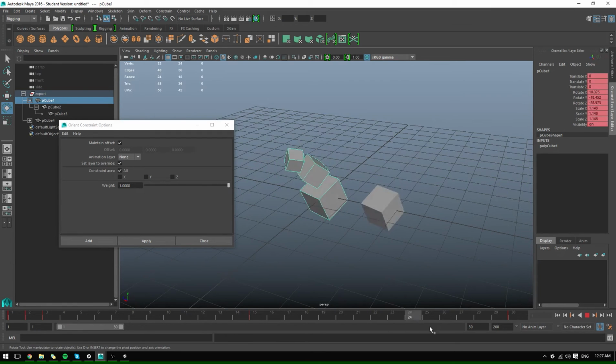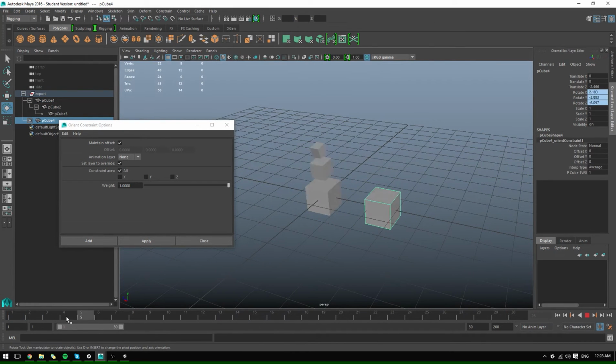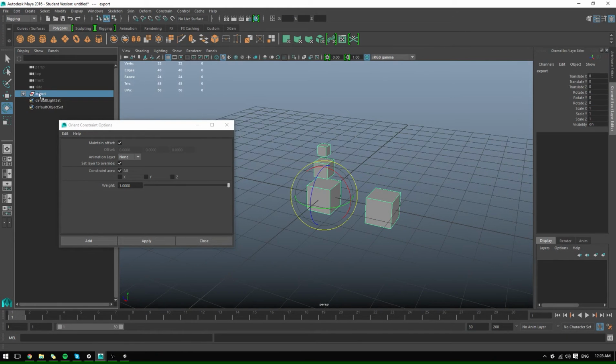Now in the past, in previous versions of Maya and Unity, constraints do not follow over, and you actually have to bake this animation before you send it in, because this cube doesn't have keyframes on it. The only animation it has is thanks to the constraint between these two objects. I don't think this is a problem anymore, so if you are using constraints in 2016, I think you can just, let's see, we will